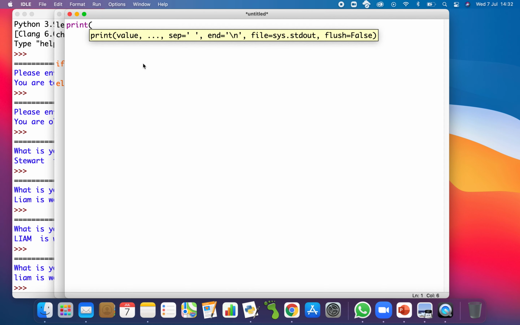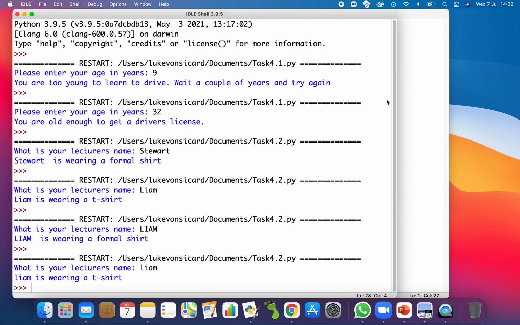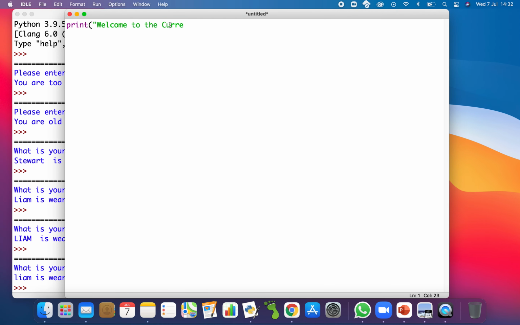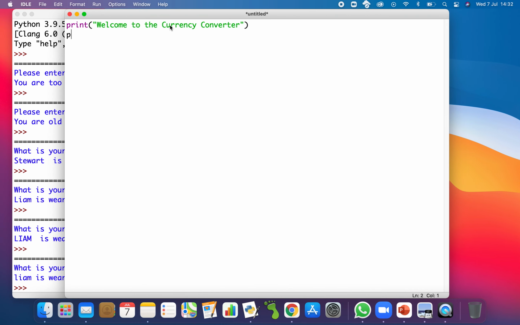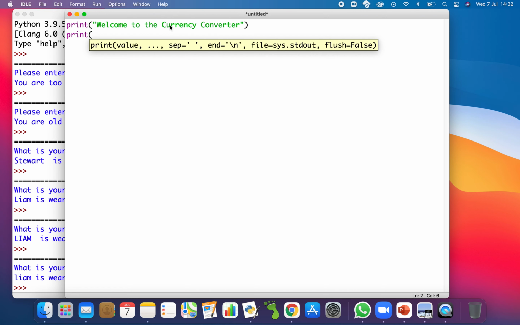a print statement which says, welcome to the currency converter, with capitals. Yeah, let's do the same. Currency converter. Close quotation marks, close brackets. And then we're going to print, and just for spacing, we're going to have a new line. And we're going to have